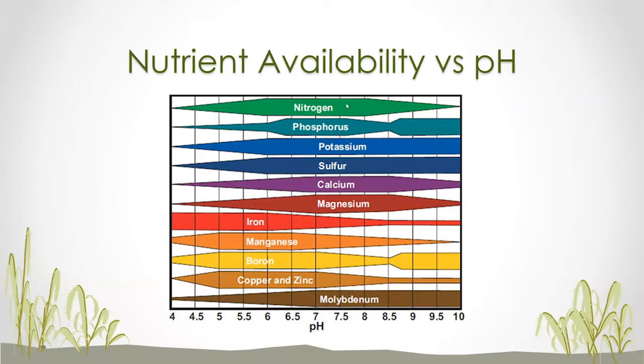differences across the entire scale in terms of the availability of the important nutrients for plants. Nitrogen is broadly available across a very wide range of pHs. The same thing for potassium and sulfur, but then we start looking at some of these that get involved in these precipitation reactions and the re-solidifying of some of these minerals into very insoluble forms. Iron is probably one of our most important ones that we end up dealing with, and zinc in our high pH soils, as they precipitate into solid forms